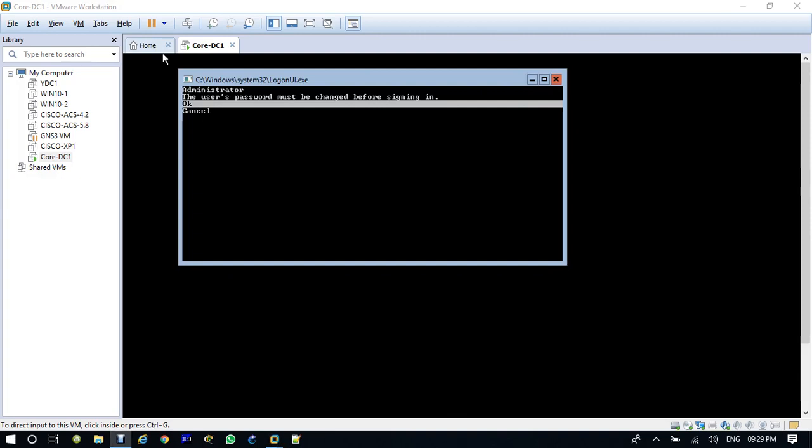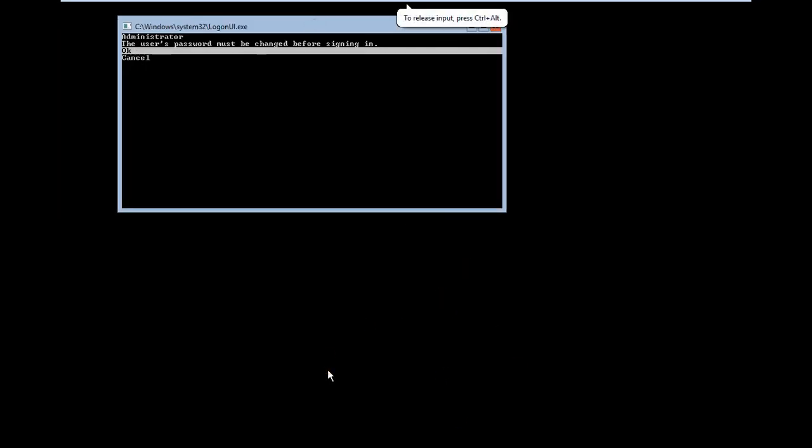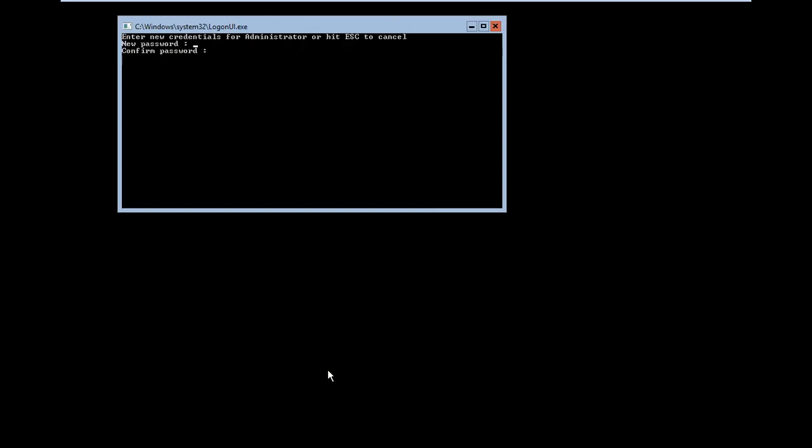Once the system restarts, you will get this option. What you are getting here is that the administrator's user password must be changed before signing in. Now the mouse will not work here; your keyboard will work. So I'll say okay, I want to change it.